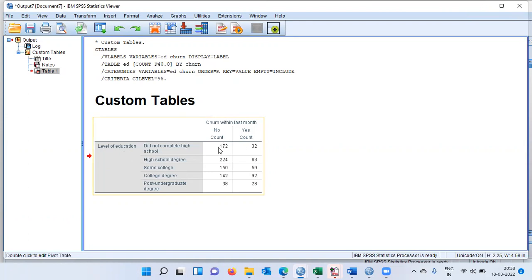How do we interpret this number 172? 172 represents a number which simply says in this company you have 172 non-churners who did not complete high school. If you compare it with the number 32, it simply means there are 32 customers from the churn category who did not complete high school. So there are 32 churners who did not complete high school, but there are 172 non-churners who did not complete